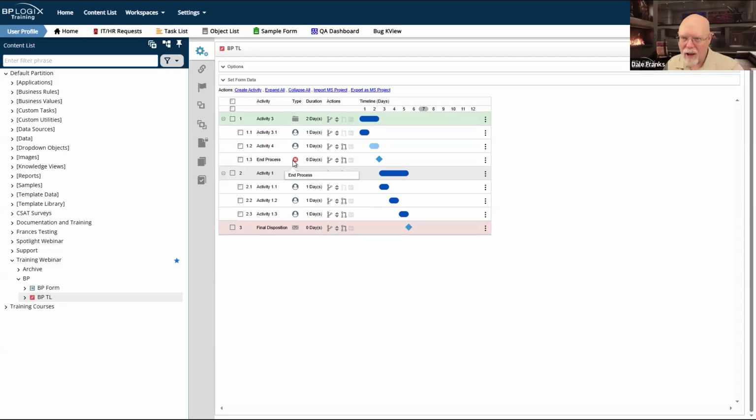It doesn't actually do anything when you do that, because the timeline is going to end itself at the appropriate time whenever all the activities complete anyway. So the end process is a special thing where I am going to end the process timeline early. It is not used to just end the process timeline when it reaches the natural end of its life.